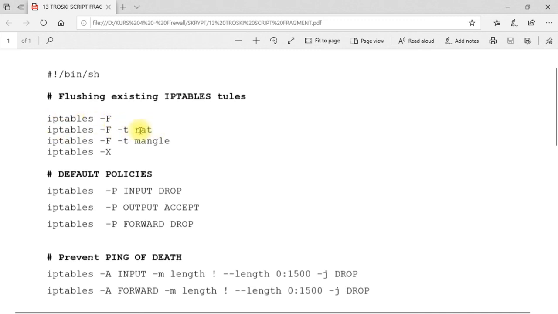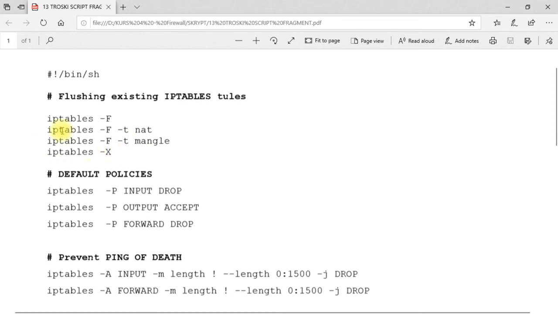Next table nat is flushed, because -F only flushes rules from our filter table, so the default table. If you want to flush next tables, so for example nat or mangle or other, we need to specify the name of a table. So after dash and capital F, we need to add table information.